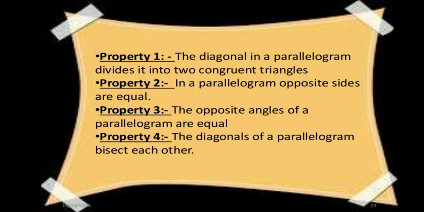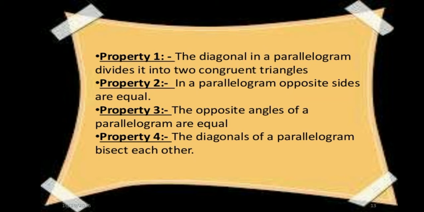Now the diagonals in a parallelogram divide it into two congruent triangles. Congruent triangles means same triangles. Congruency you will learn in much more detail in the coming week also, or in term 2 we will be doing it. In a parallelogram opposite sides are equal, opposite angles are equal, and diagonals bisect each other. Kindly note, not 90 degrees but bisect each other. It means when they cut, they only cut each other into two equal parts, but not at 90 degrees.